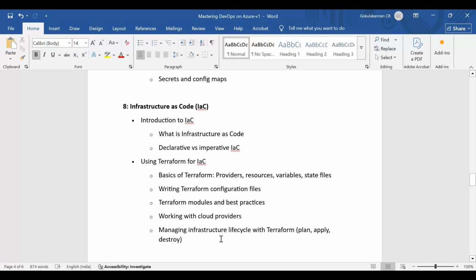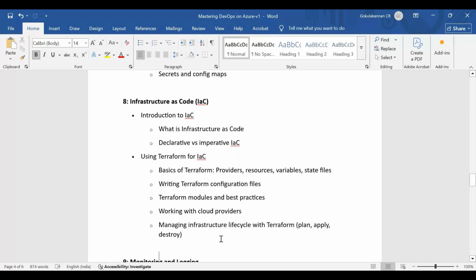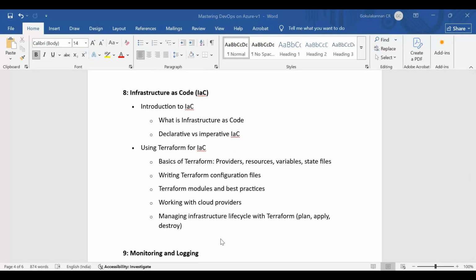Again, I'm saying, though you feel it is like coding, you don't need to be from a development background, because I'm going to share the tips and tricks. Even if you are a manual tester, you can do this. So I'm going to tell you what options are available, and what all you can follow to brand yourself as a Terraform person. So that's how my session is going to be.